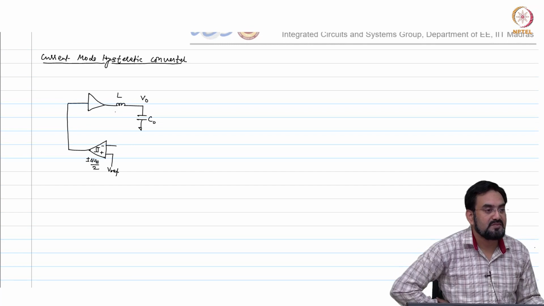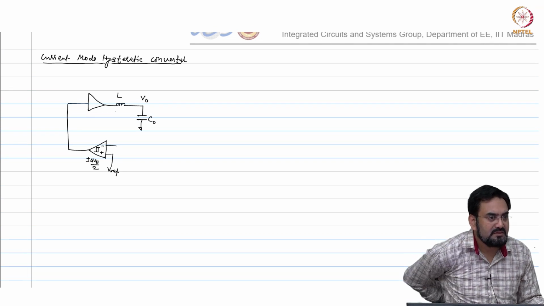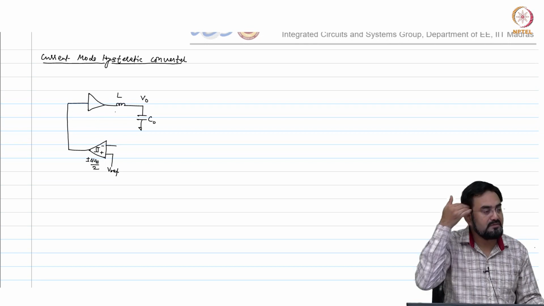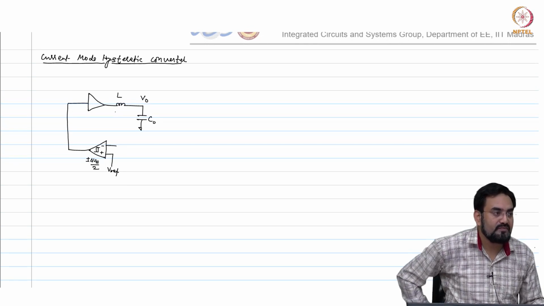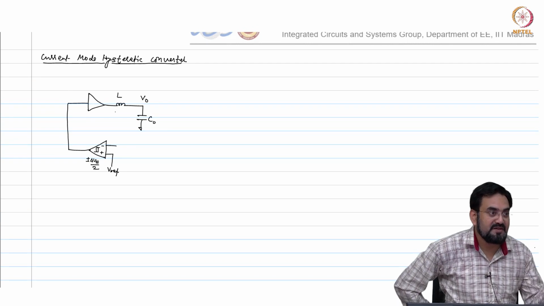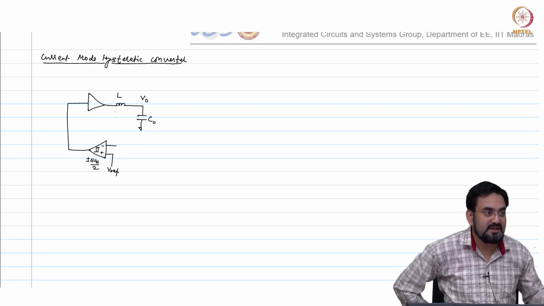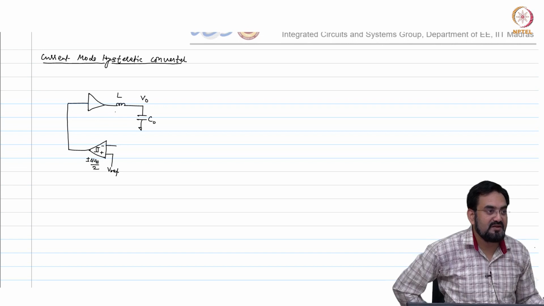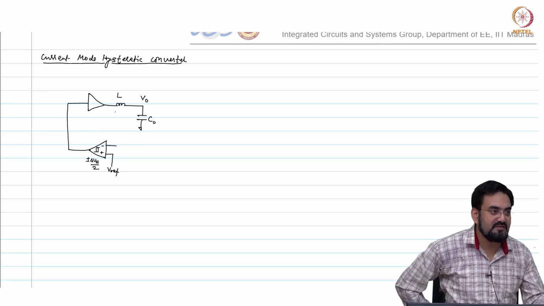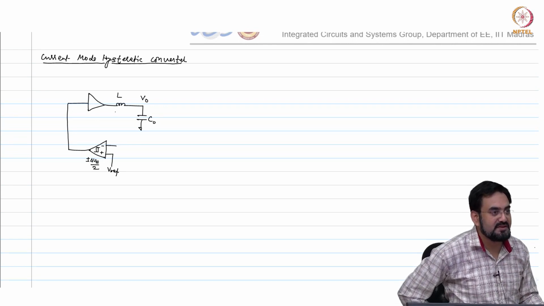Current mirrors? Where is the current mirror? You can convert the current to voltage. But in current mode control, you remember we have two feedbacks. One is the current, the other is the voltage. So, the current alone will not help. How will you regulate the output if you do not have feedback from the output voltage?